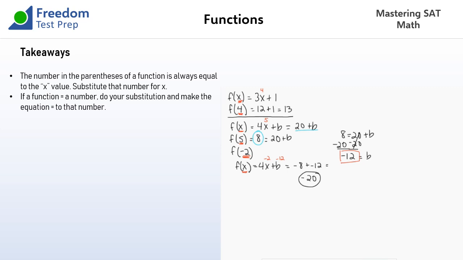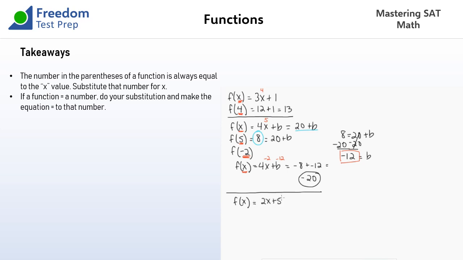Okay, so here is another way that it could look. All right, so let's say it's f of x. And by the way, it doesn't have to be an f. It could be any letter at all. So it could be g of x or j of x or z of x. Okay, so let's say f of x equals